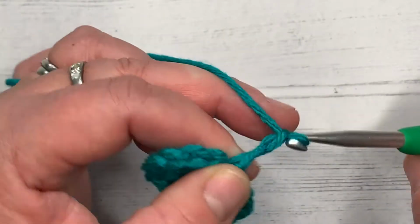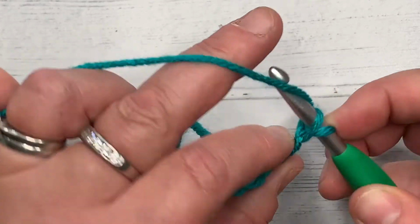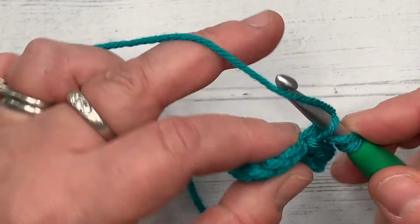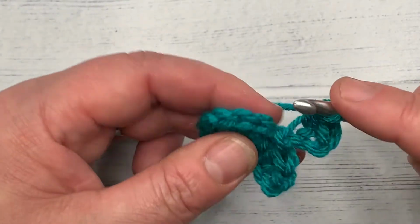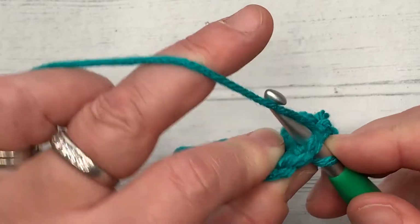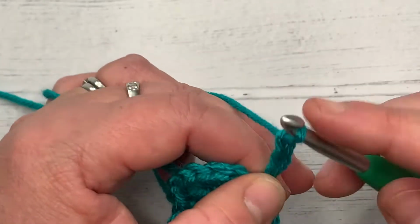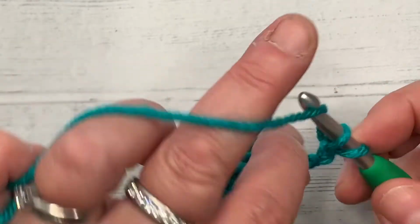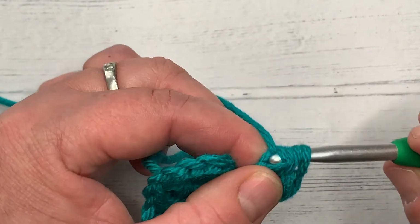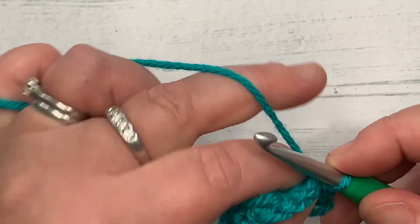Chain 3 up to get to the height of the point. Miss the first one, single crochet in the second chain, half double crochet in the bottom chain. Skip 1 stitch, miss this one, into this one, slip stitch to join. Chain 3 up, single crochet in the second chain, half double crochet in the bottom chain, skip 1 stitch into the second, slip stitch to join, chain 3 up,